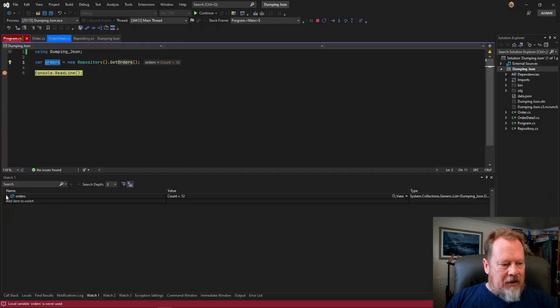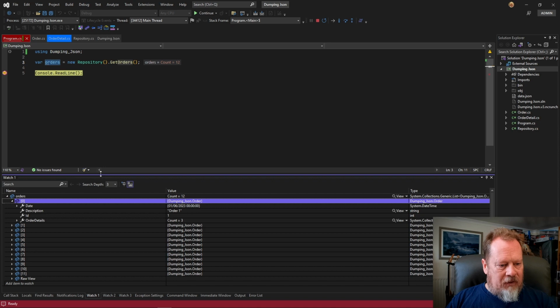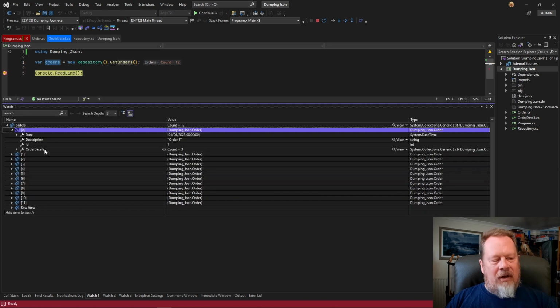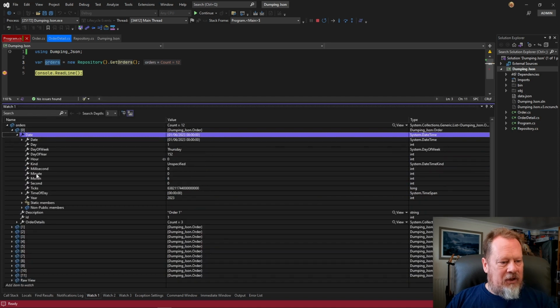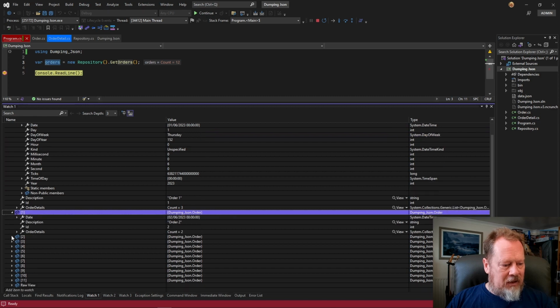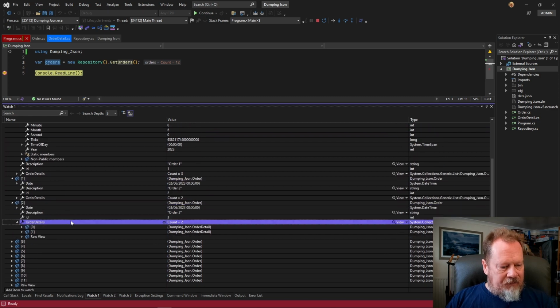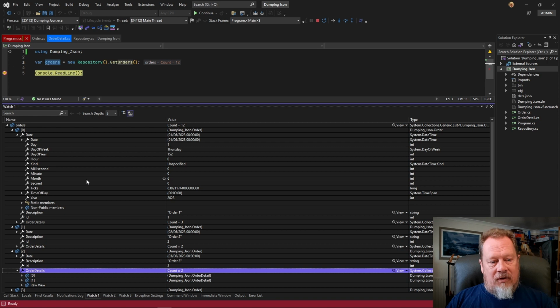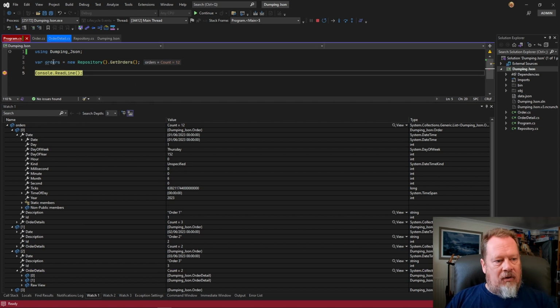So you can do that, and then you can expand the orders, and here you've got a more stable view, if you like. It's more static, so you can more sedately expand things and flick through them, and that's useful as well. Something else you can do, which isn't all that useful, is you can also hover over the